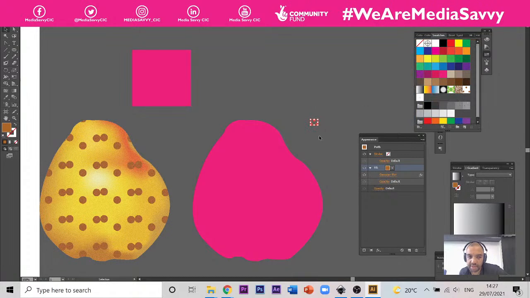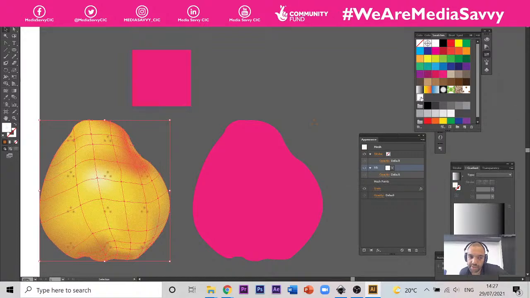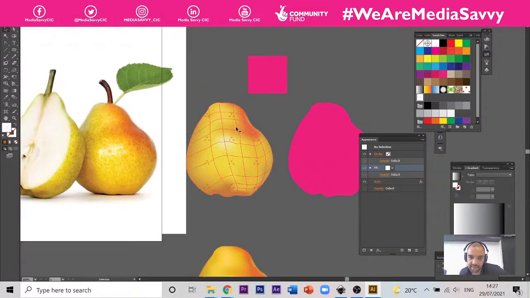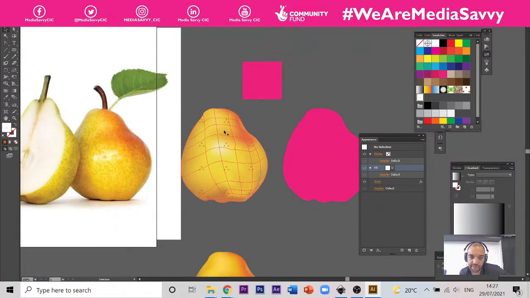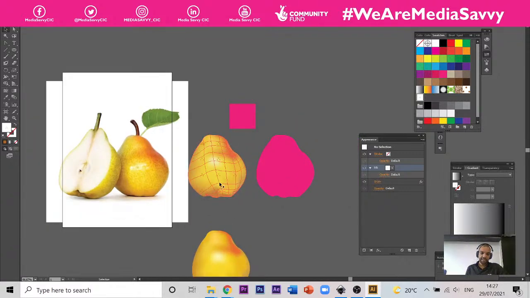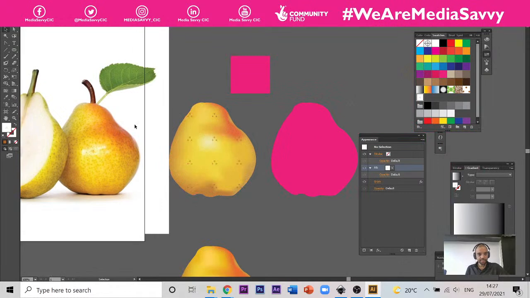Drag that over, put that there. Now if we click on this shape here that we've applied that first swatch to, if we click on this one, as you can see, it's definitely a step in the right direction. Okay, it's adding those dots a bit similar to those dots there, but they're a bit too spaced out, but we're getting there quite nicely with that shape there. So you can see how it's quite easy to make a nice 3D looking image using the gradient mesh tool in Illustrator. Okay, using some really advanced tools,